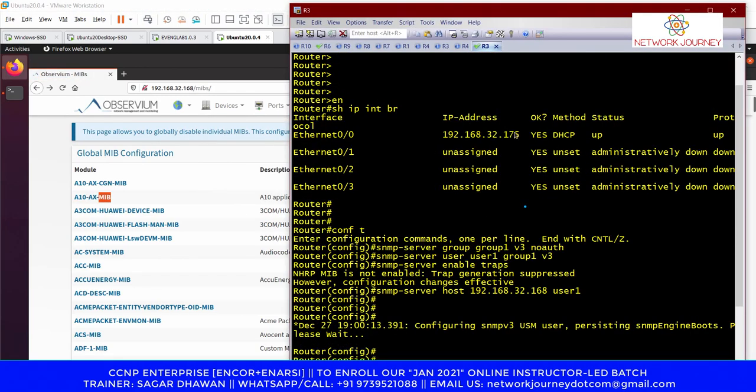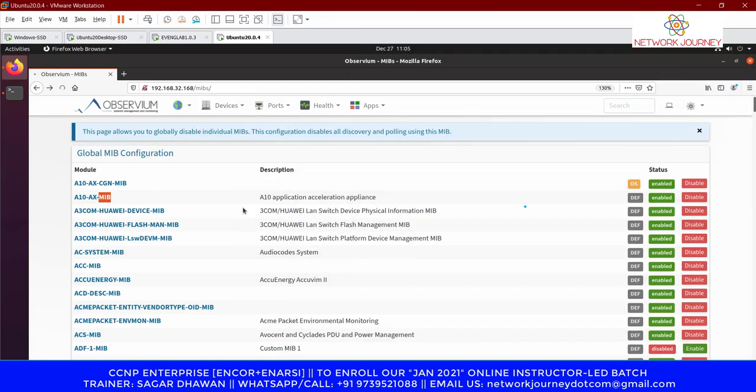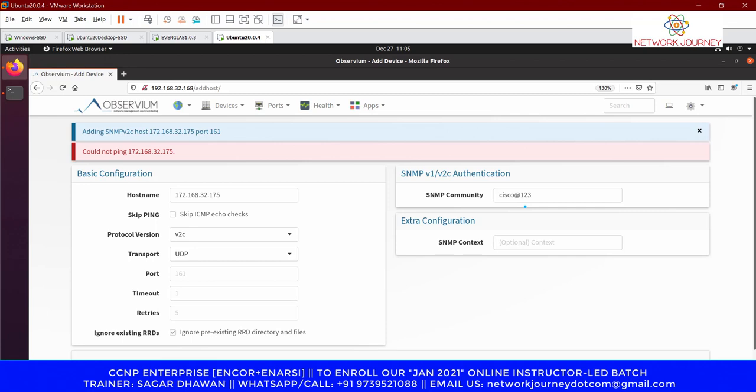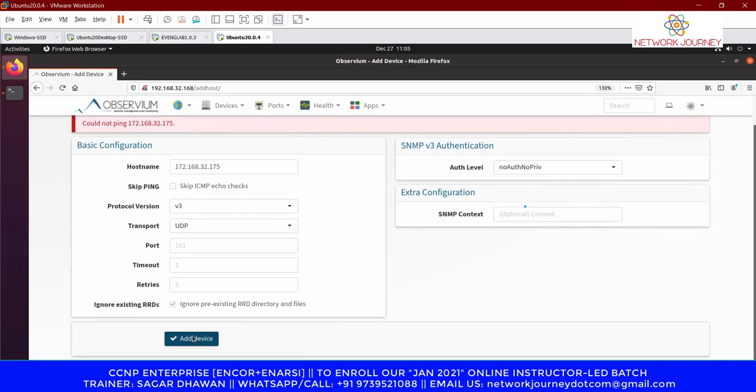So what is the IP here? It's 175, right? So 172.168.32.175. Okay, shall we keep v2c first? Okay, it says it's not able to ping because it's a v3. If I go with v3, I say that it's no auth no privacy first, and if I say add device,